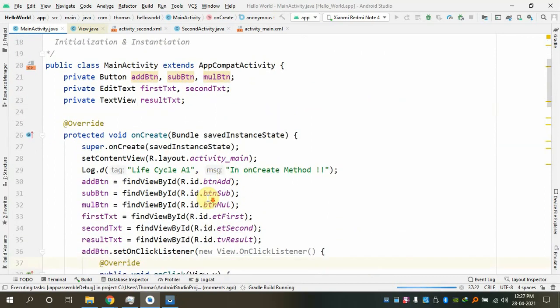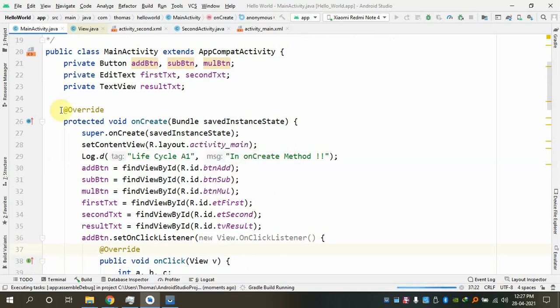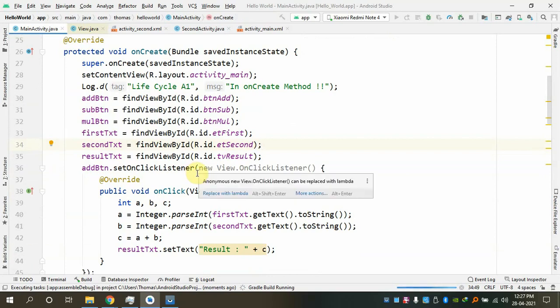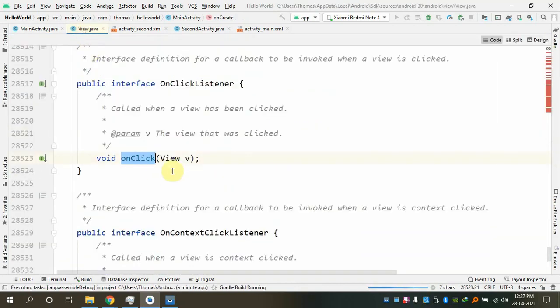In the meantime, before the recording started, I had told a few things with respect to the interface. I hope you guys remember that. Otherwise I'll tell you once again that what I have passed here as an object is the object of the view class, which has an interface called on click listener. I am not trying to instantiate an interface. Rather, through the class, I'm trying to call this particular interface, and that interface had a simple method signature